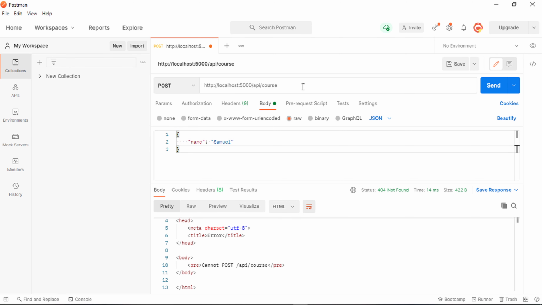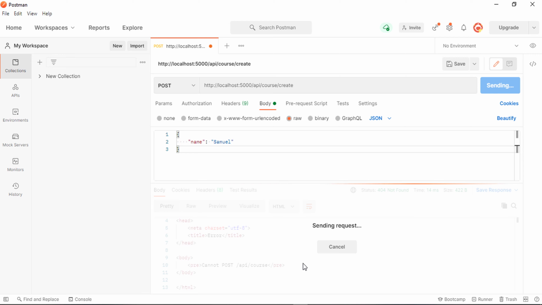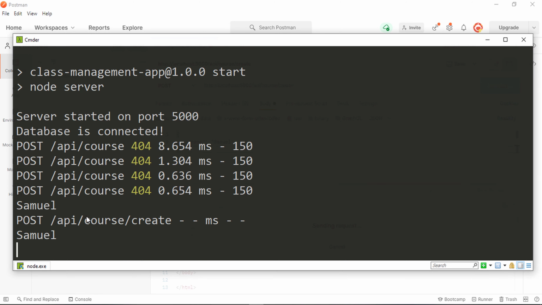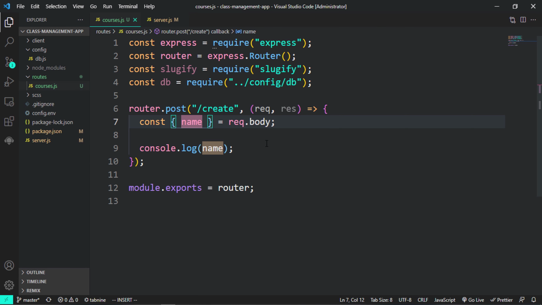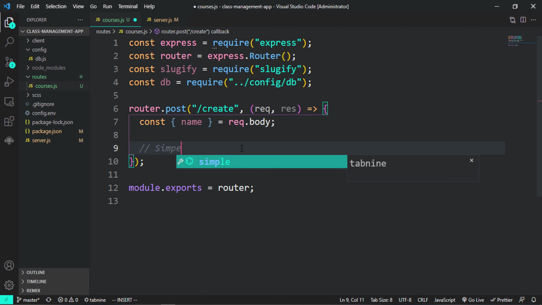And I think we should add /create and send again. And I think we are actually getting that. So right here you could see we have API/course/create. Right here we're going to destructure everything that we are going to need from our request body, which is the name, and we've gotten that name. So the next thing we have to do right now is to do a simple